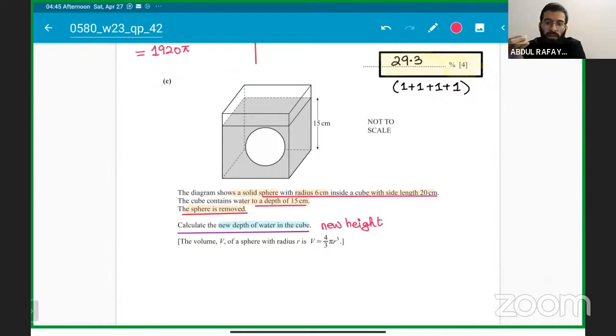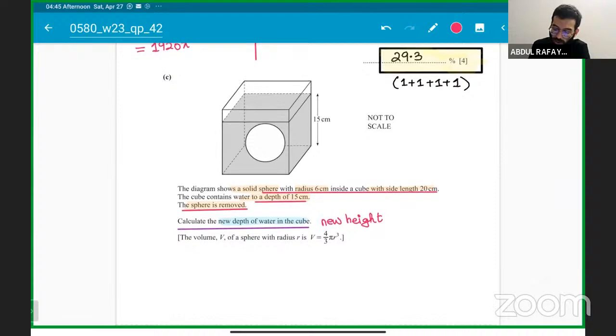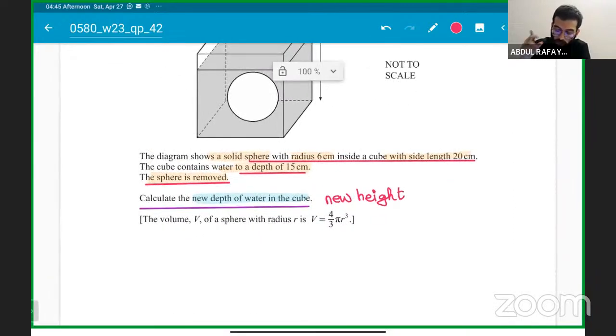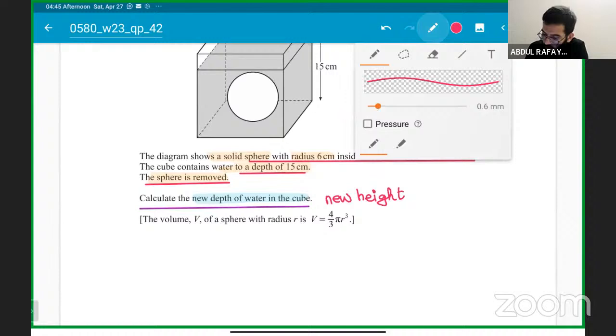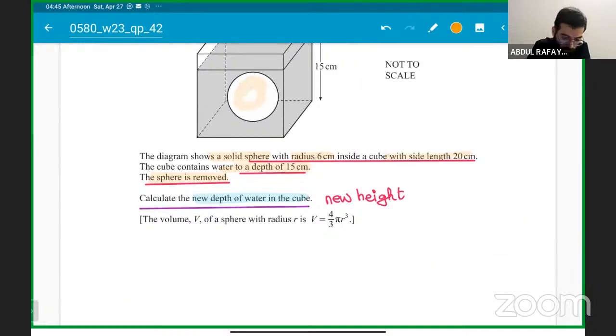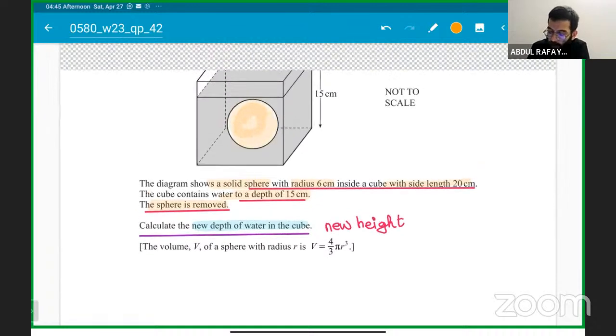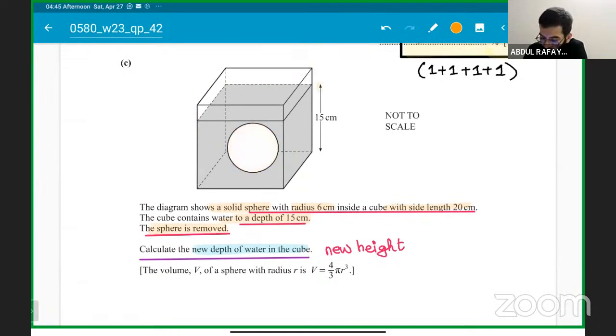तो व्हाट वी नीड टू अंडरस्टैंड, कि जब आप ये क्वेश्चन सॉल्व कर रहे हो तो पहले आपकी बेसिक नॉलेज क्लियर हो। आर बेसिक नॉलेज शुड बी क्लियर सर, कि जब ये जो स्पेयर है, इज एवरीवन गेटिंग इट? ये जो स्पेयर है सर, ये बेसिकली पहले से पानी के अंदर था, तो तब हाइट थी 15 सेंटीमीटर। डेप्थ ऑफ द वाटर या हाइट एक ही बात है। डेप्थ ऑफ द वाटर या हाइट वाज 15 सेंटीमीटर व्हेन द सॉलिड स्पेयर वाज इन द क्यूब। बट जब इसको बाहर निकालेंगे, बिकॉज वी आर रिमूविंग इट, तो लेट मी नो के